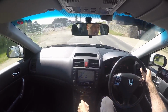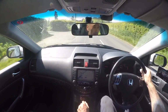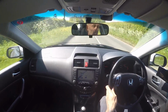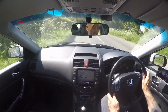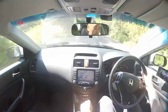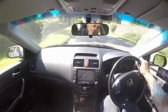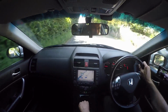Dashboard, classic Honda dashboard, crystal clear information, dead easy to read and take the information in. It's just, you know, the whole thing. Sorry, I was distracted by the phone there a second. Yeah, all absolutely fabulous, and beautifully built. Not a squeak or rattle from the interior of the car. You know, and this is a